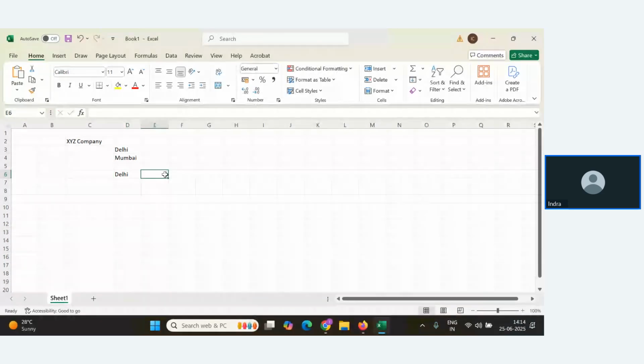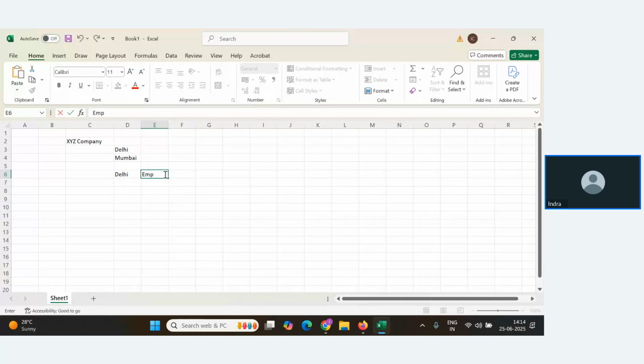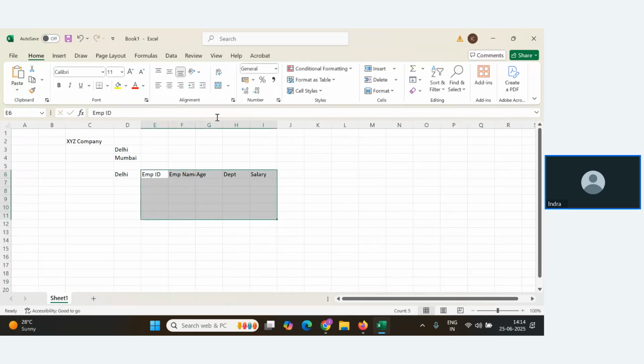Let's say in the employee table, first we have employee ID, then employee name, age, department, and salary. Let's say these are the five fields we have.